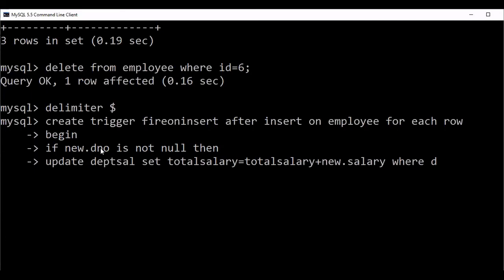This is the attribute in the department salary table. So d number equals new dot d number. Then I'm ending, then semicolon, then I'm closing.